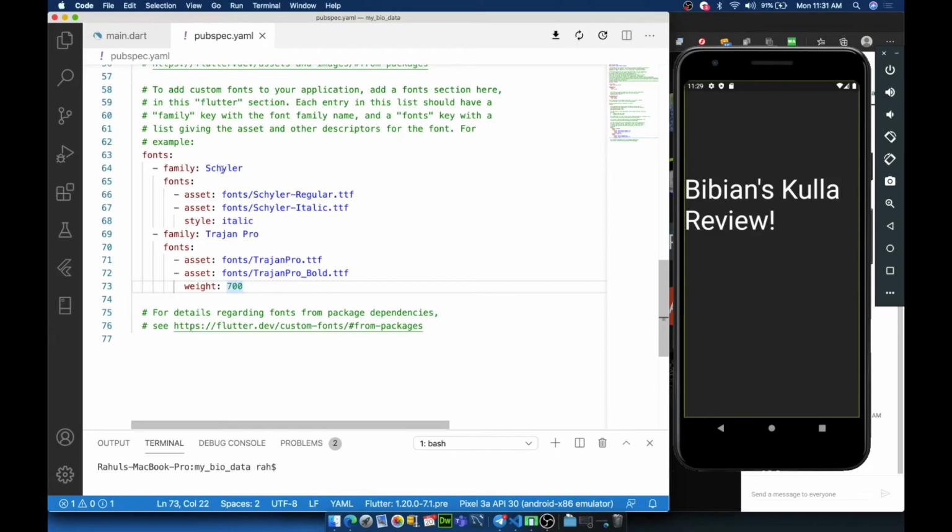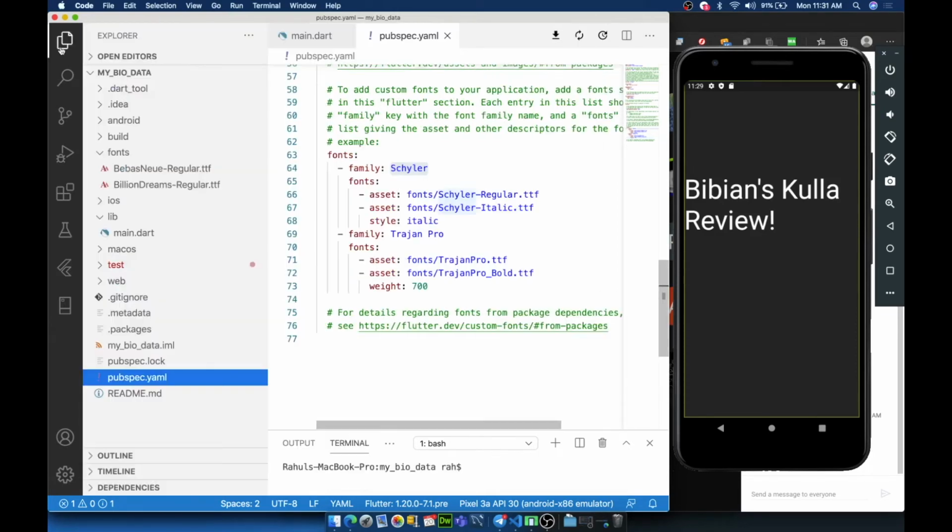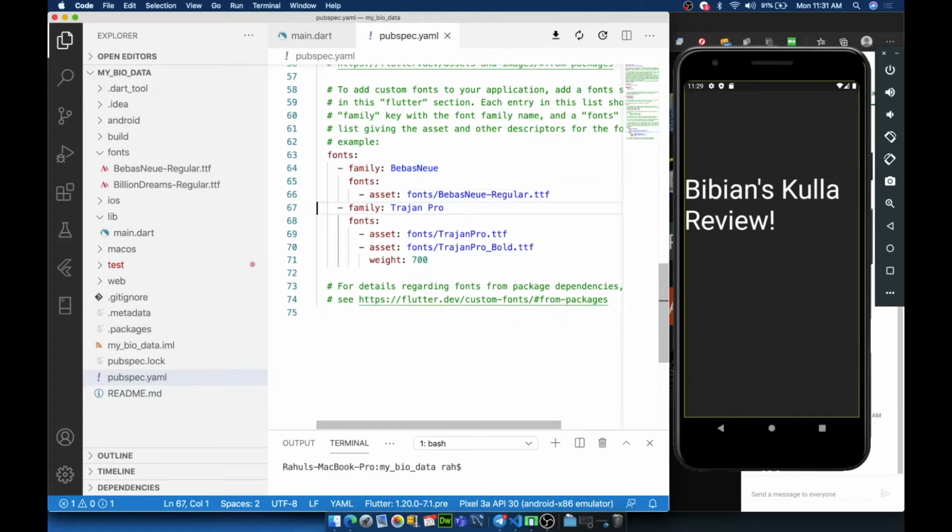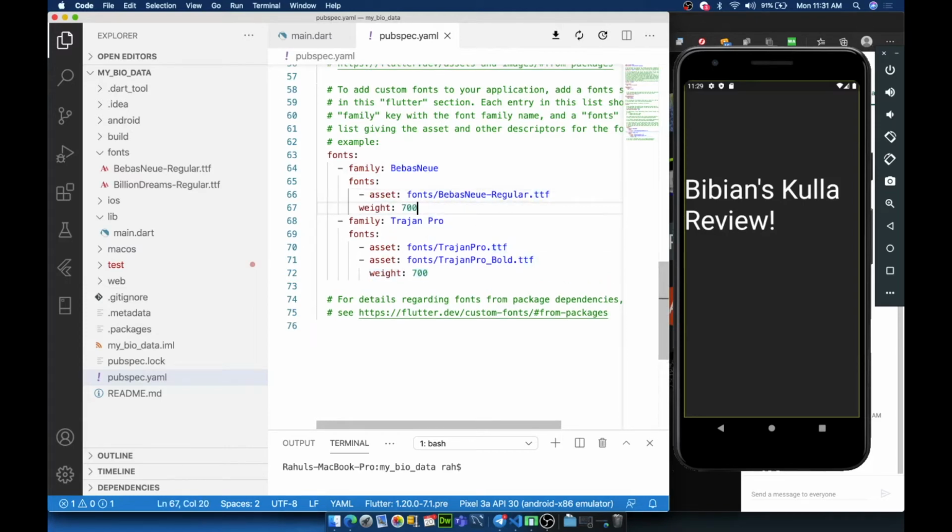Now, it asks for family, right? What's the family? The first font family is Davis New. So just change this to Davis New. And as for the fonts, just rename this to Davis New regular.ttf. Control C, paste it here. You can remove the second line, just remove the style italic. We don't need this as well, just remove them. And add this weight thing. Control C, paste it here. The default weight, that is the regular font's weight, is 400. Just put 400 there.